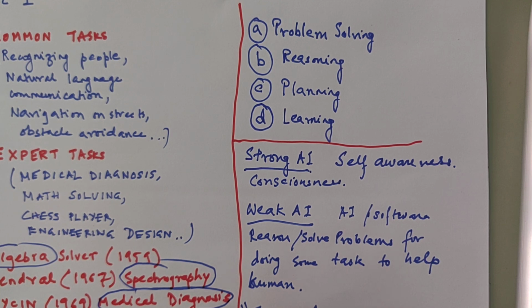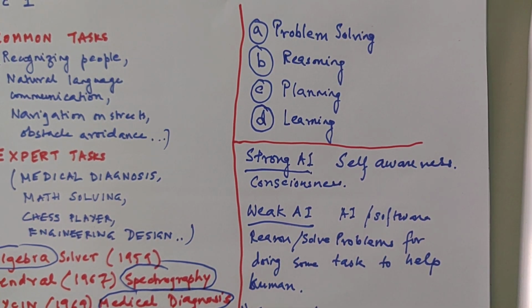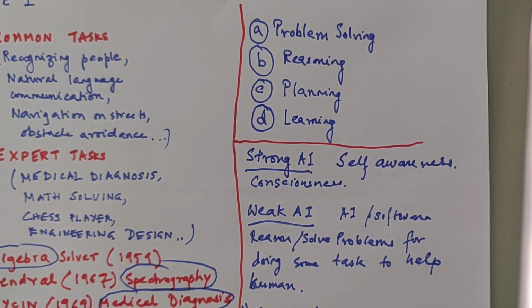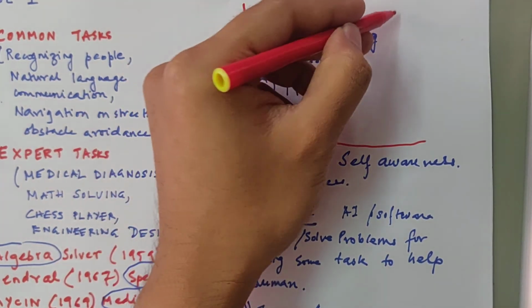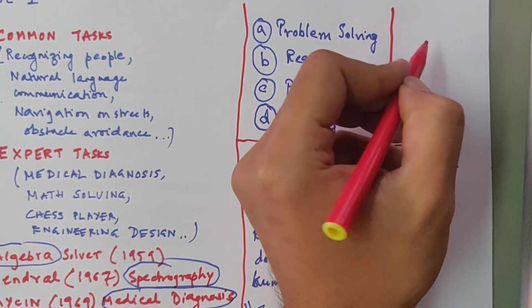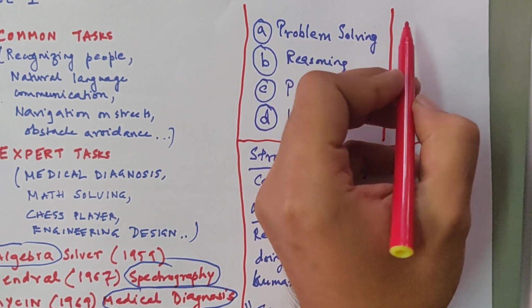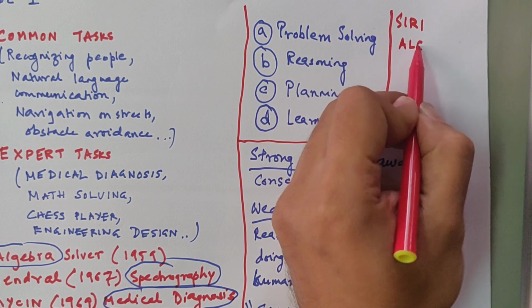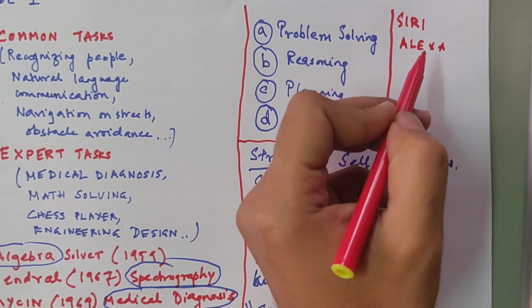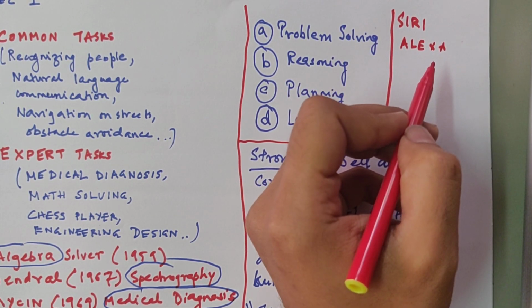So these are the main two approaches of AI. So many applications of AI we are seeing these days, like Siri, Alexa, then